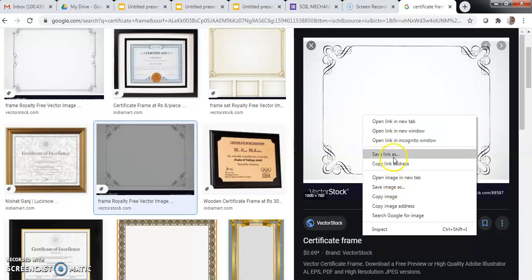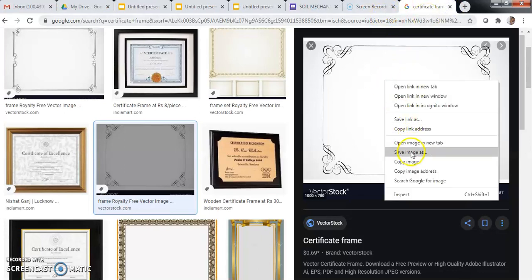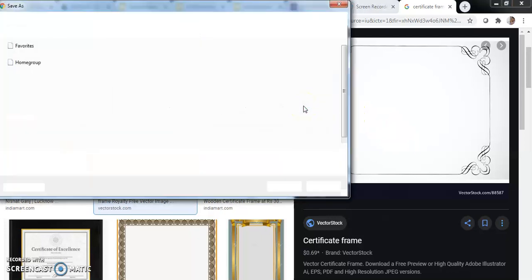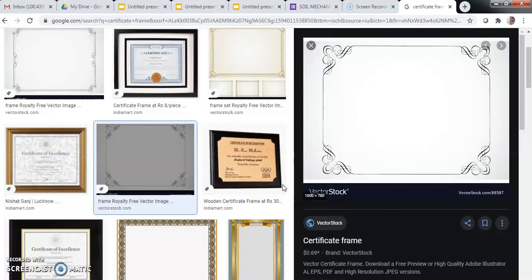To save the image, just choose save image. This will be saved automatically on your desktop. Just click save images. The image will be saved on the desktop in image format.